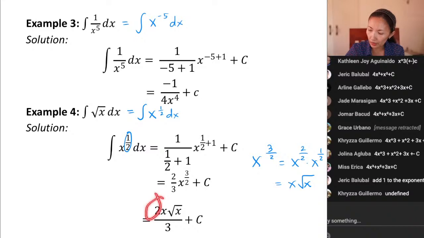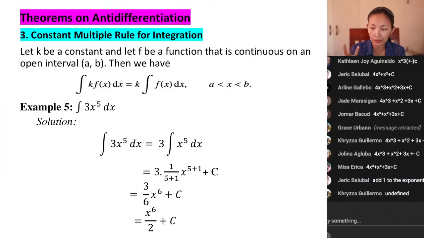2x square root of x all over 3 plus the constant c. Next, we proceed to number 3. So, we're done with the first, the integral of a constant, and then the power rule. Now, the constant multiple rule for